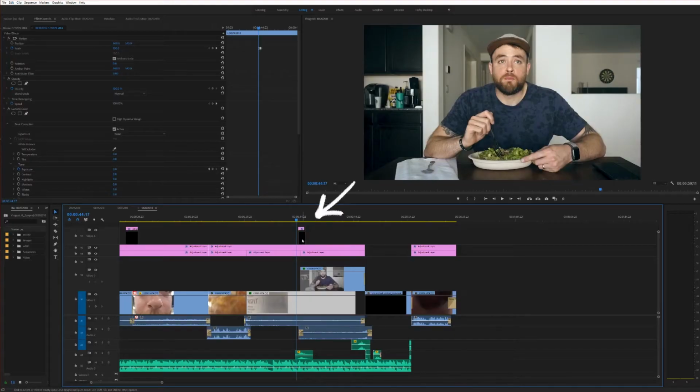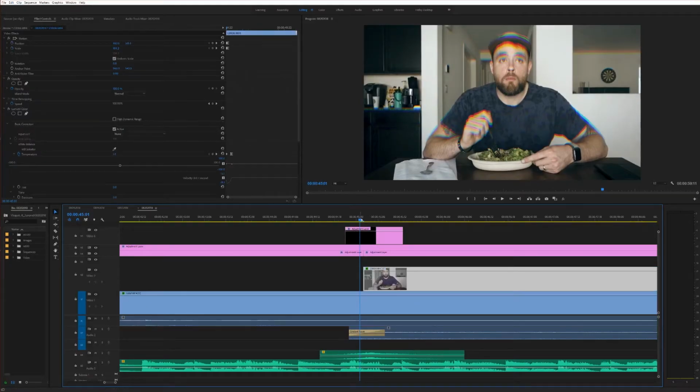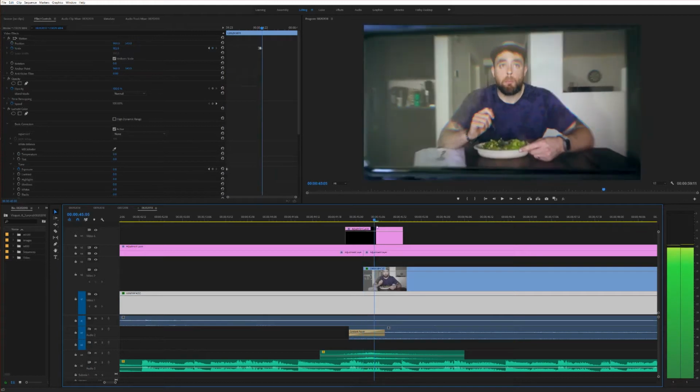First of all, I've got an adjustment layer up at the top here. The effect that I added to the adjustment layer is the chromatic aberration effect. It separates those color channels, just gives it a little bit of a digital feel, and aids in the transition a little bit. And then down here on this new clip, the clip that I transitioned to, first of